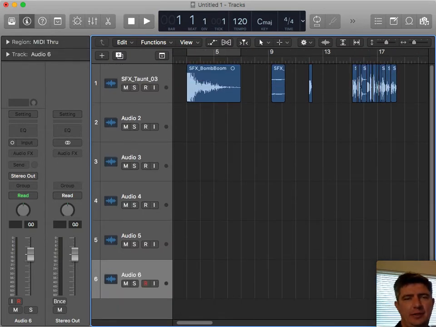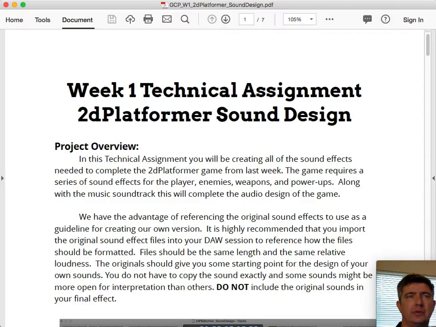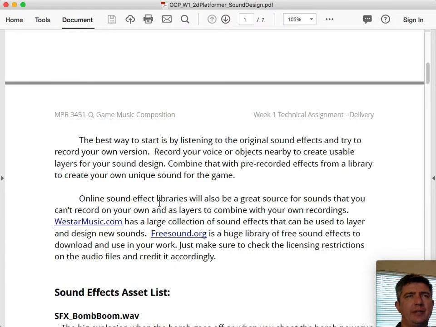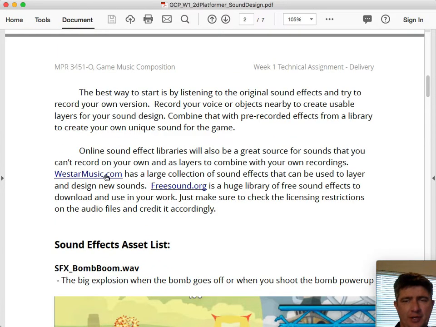The assignment talks about sound effects libraries. You have access to Westar Music, which you should be familiar with acquiring assets from. There's a sound design or sound effects section where you can pull sound effects from.